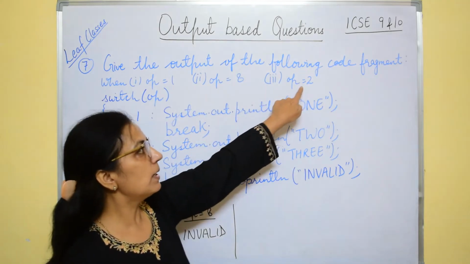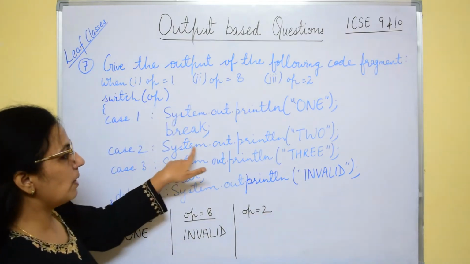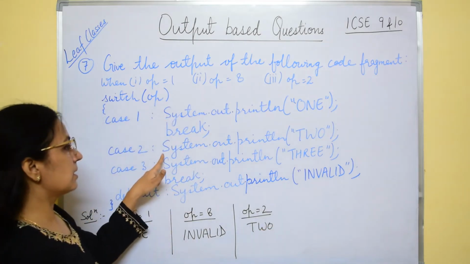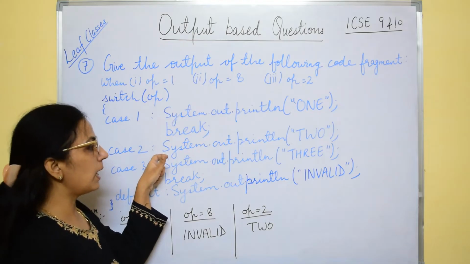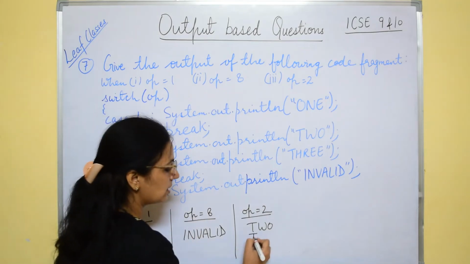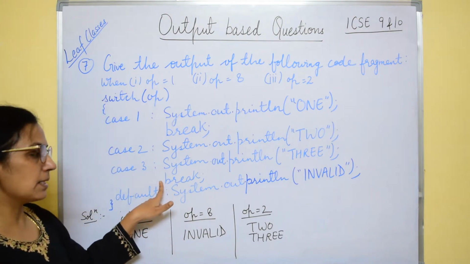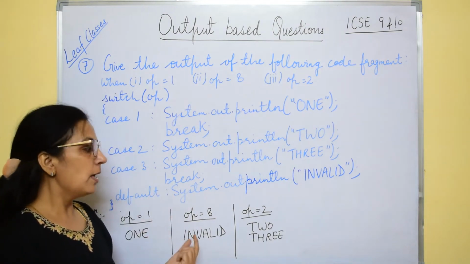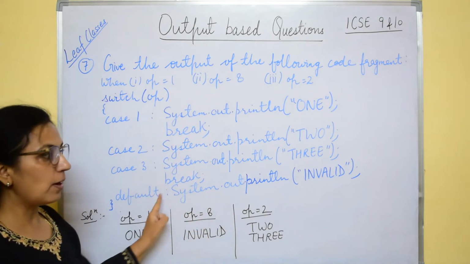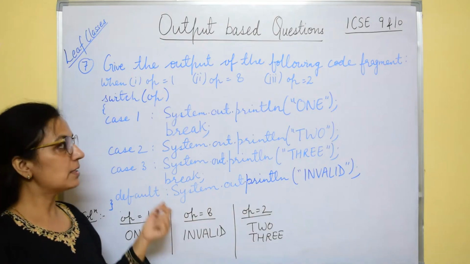The third value is op equals 2. So here it will come here, it will print 2 as the output, and since there is no break over here, it will fall into the second case and print the next value also, which is given with print 3, and then break is there, then only it will come out of the switch. So here this fall through condition is also there, and one default statement is also executed. So depending upon the control value, you will execute that case.